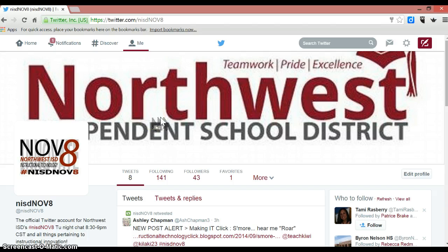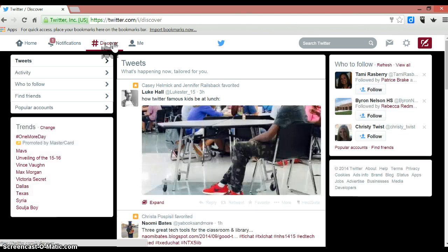To participate in a Twitter chat and to follow a Twitter feed, you want to first go to Discover. When you go to Discover, first it's going to have tweets that are happening now that are tailored specifically for you. So you're not going to see every tweet that you might see if you were clicked in